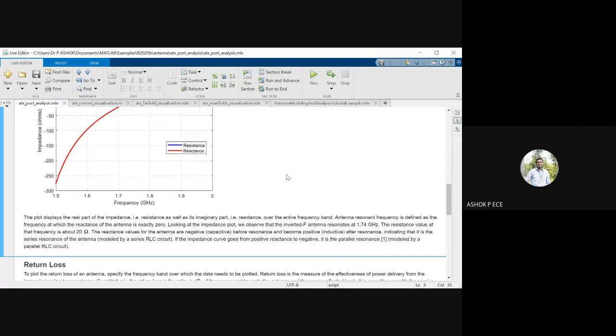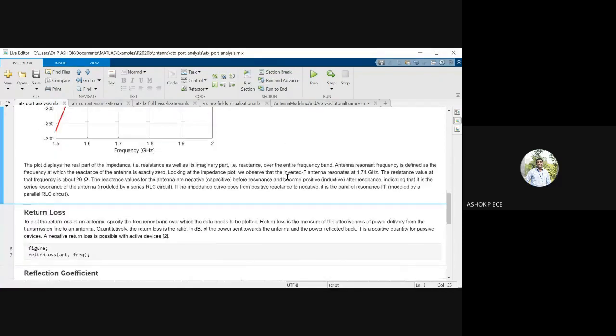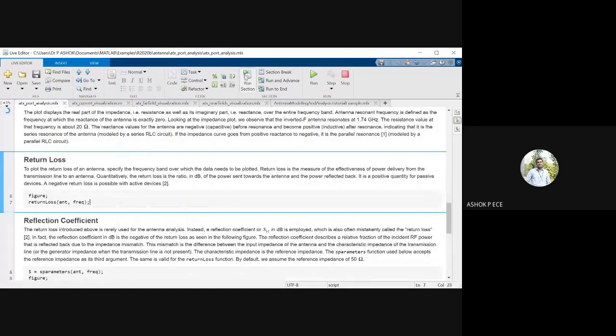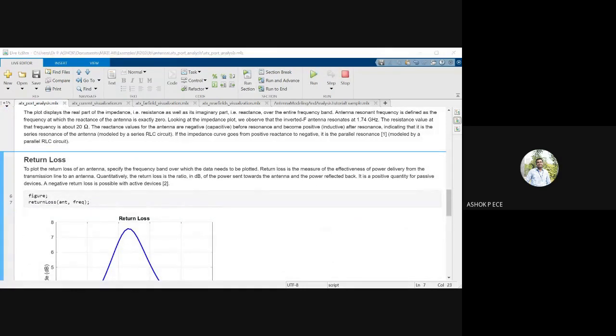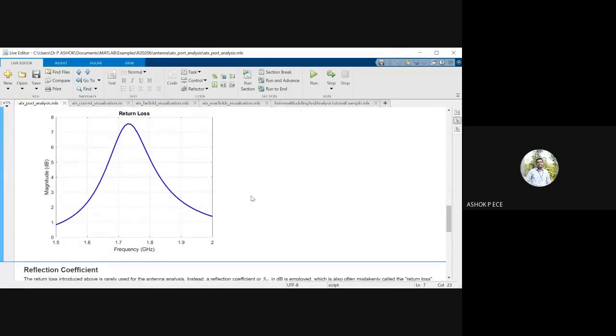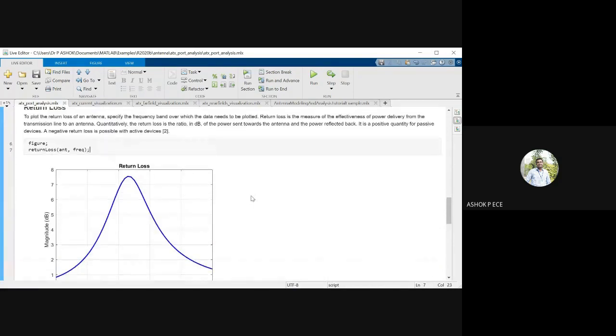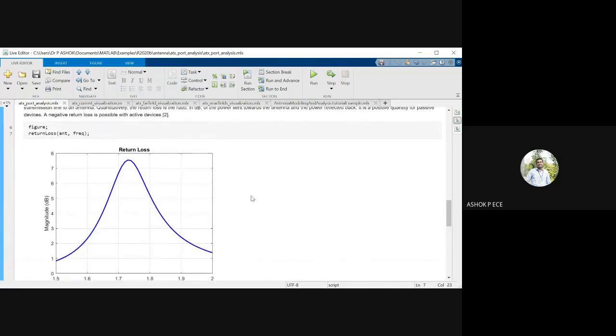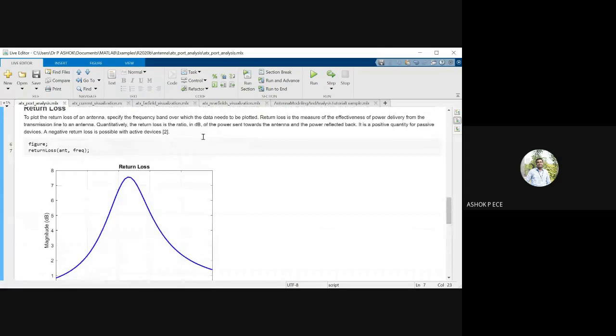So I hope you can relate antenna with your circuits. Now I'm going to plot the return loss. So we have seen that the design frequency is 1.74 G, right? So at 1.74 G, the return loss should be less. So you can see here the return loss is actually a measure of effectiveness of